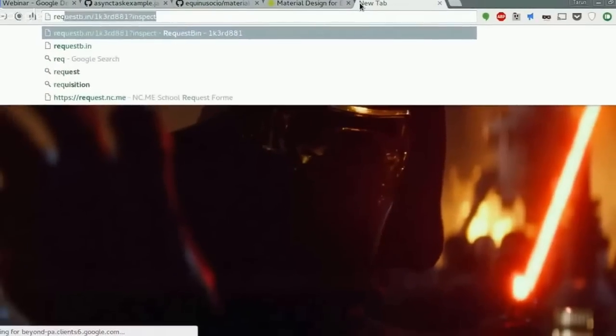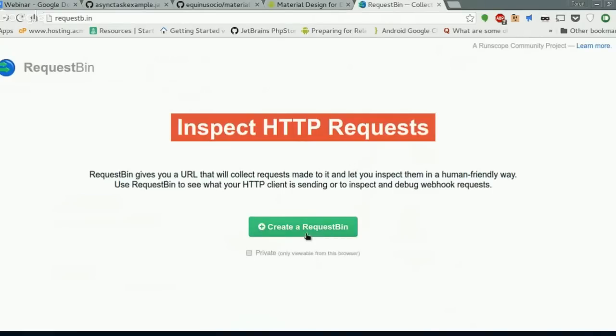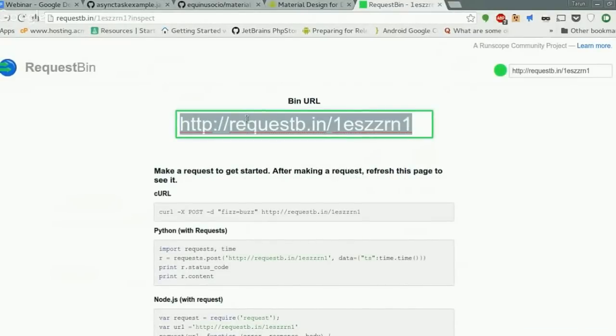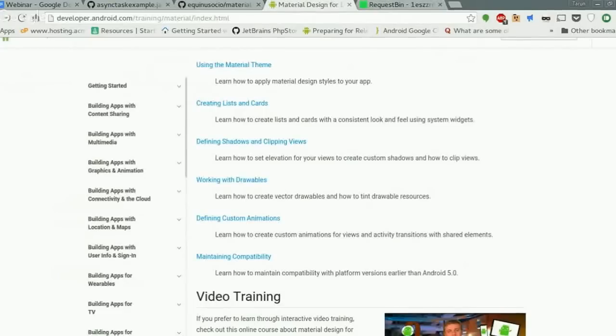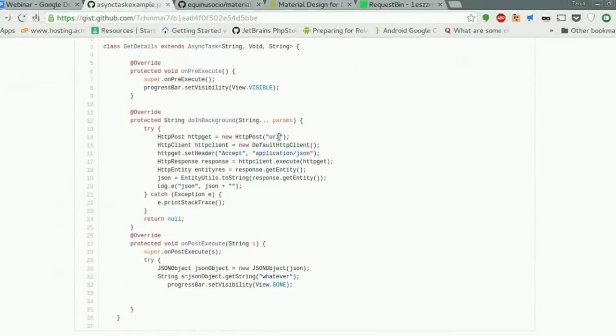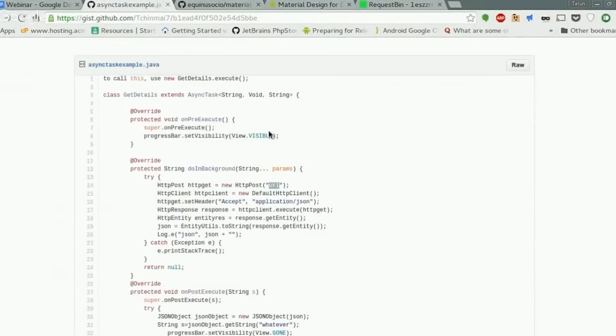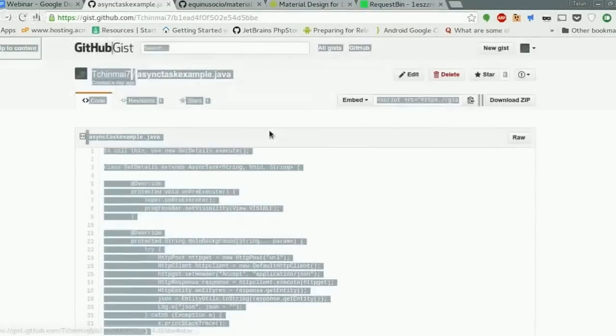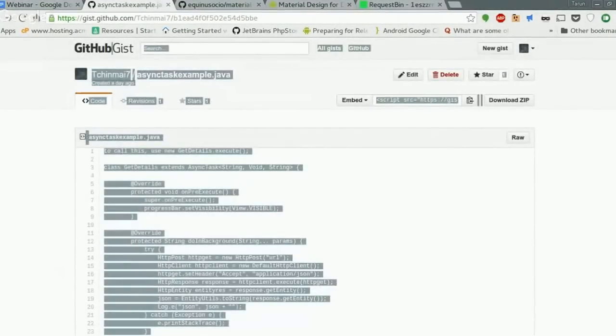I create a request bin. Request bin is a website with a URL which can be used as a capture point for your requests. It will have a generated name. So I'm going to use this script. I'm not going to type this URL code again. I already have this code here. I'm just going to copy paste this code